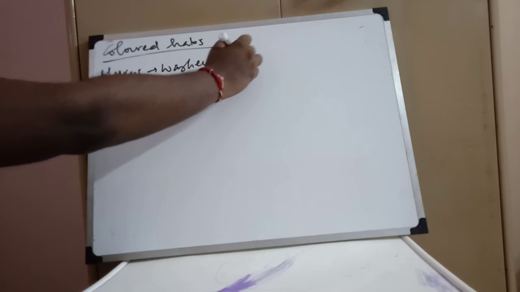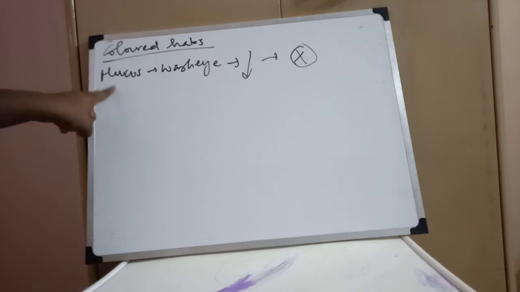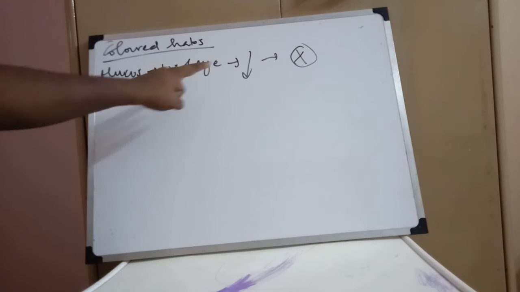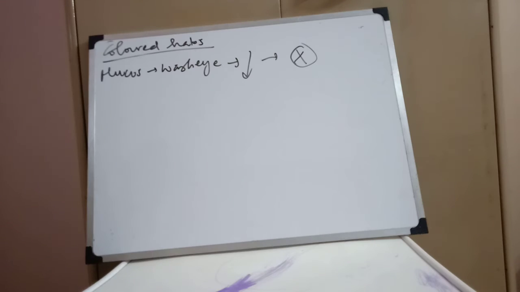Okay. So first, mucus. If there is any mucus deposition, if you wash the eye, all the mucus is going to be washed off, and hence colored halos are going to disappear. That's all. Mucus is going to be present in the eye, you are going to wash the eye. If it disappears, then the color is also going to disappear. It's going to be because of mucus deposition in the eye. It can be related to conjunctivitis or something, or non-hygiene of the eye.